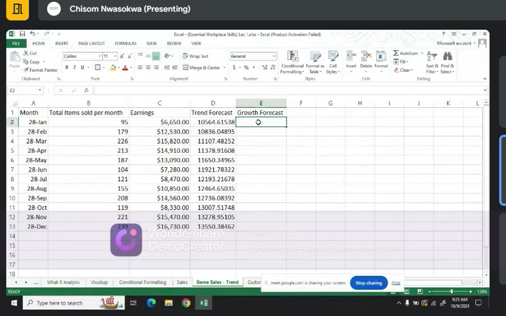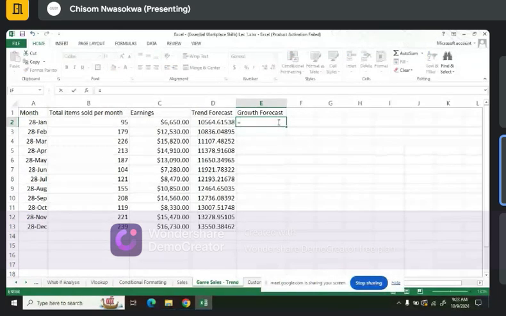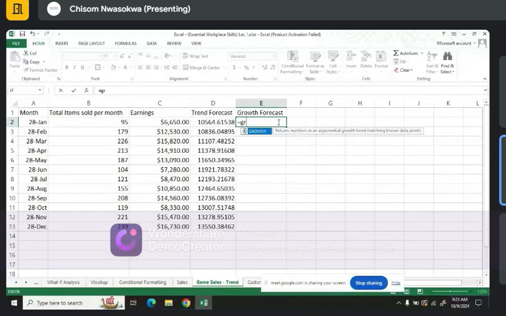So growth forecast is still the same way. There is a formula in Excel for growth forecast. You just type an exponential growth trend. So the same way,